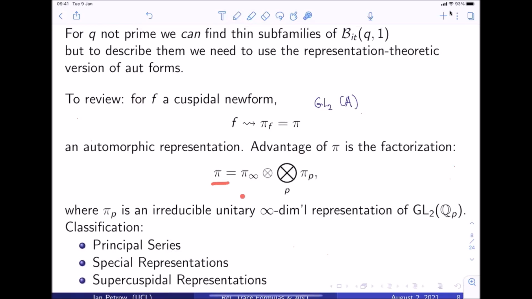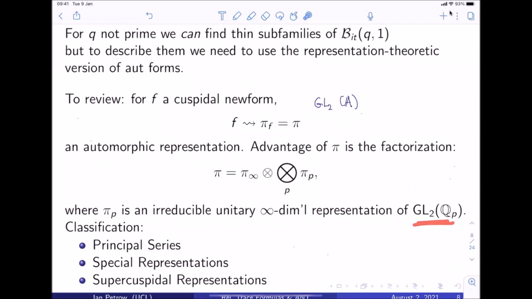I can write it as a restricted tensor product of representations at every prime. All that's important is that given an f, I can construct its representation, and then I can talk about its representation at p. Each of these π_p turns out to be an irreducible unitary infinite dimensional representation